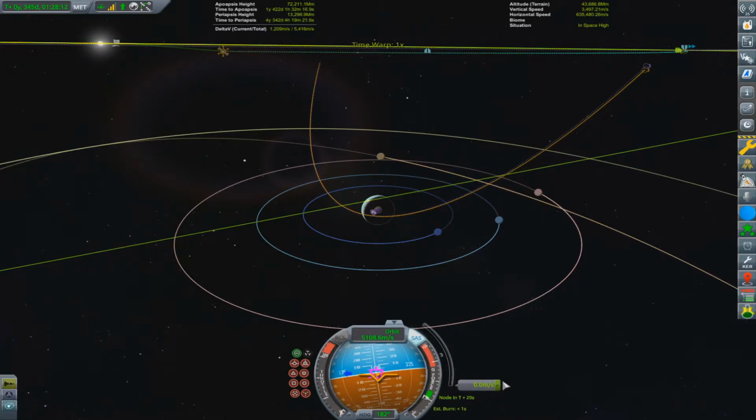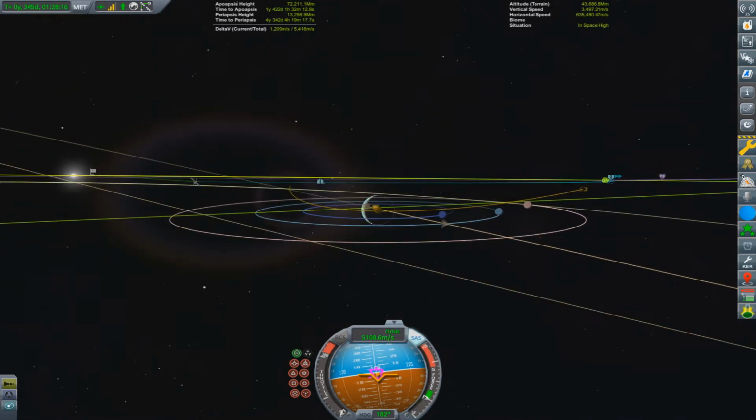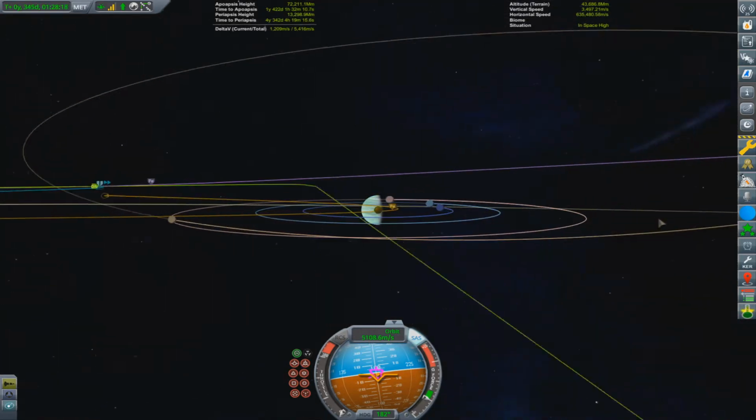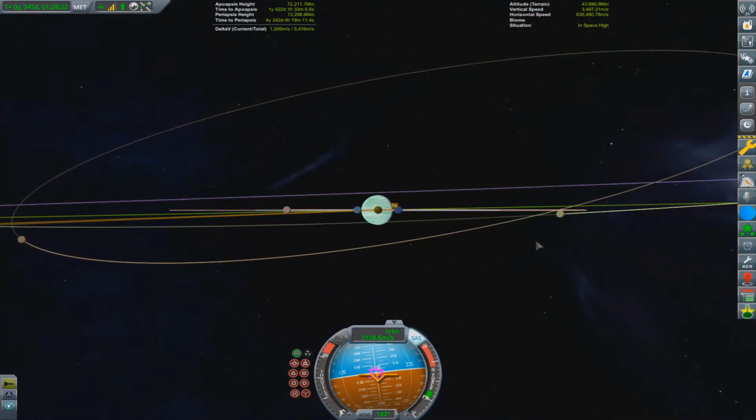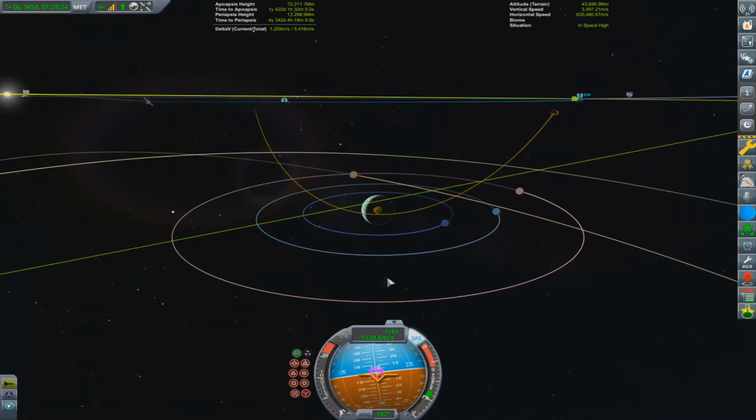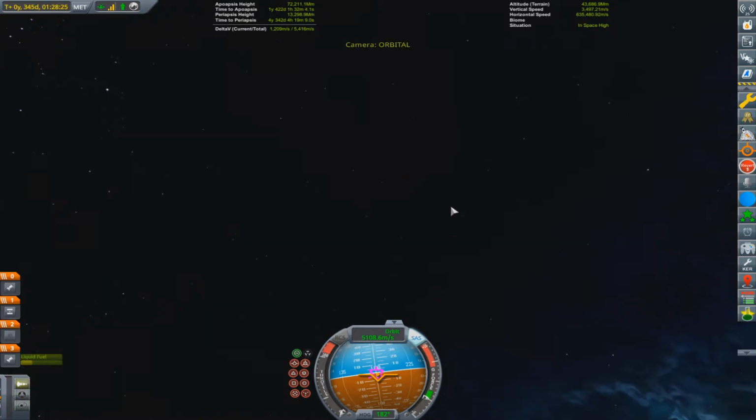Right there. Alright, where's our periapsis? 290 is good. 290 is good. No, it looks like we're coming in right about the right plane. Maybe a little under. Okay. More time warp. We still have...